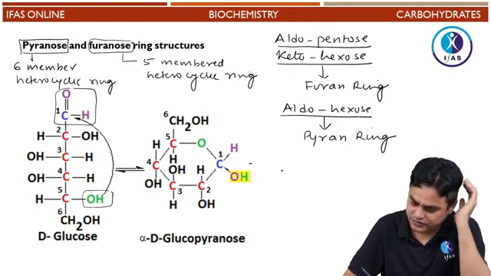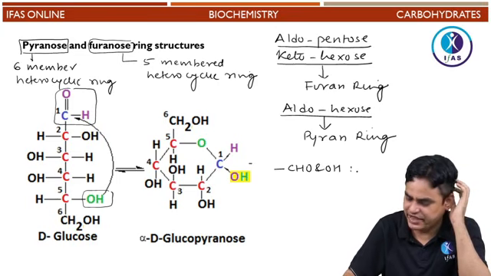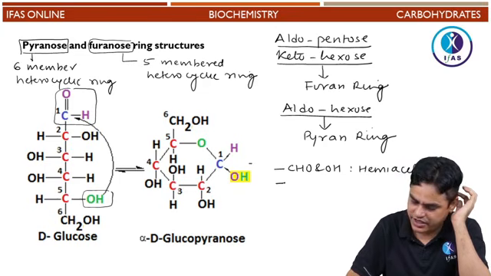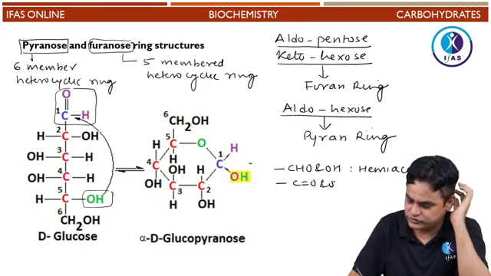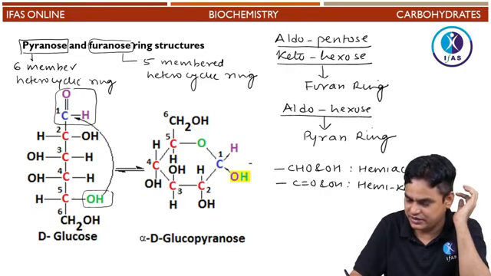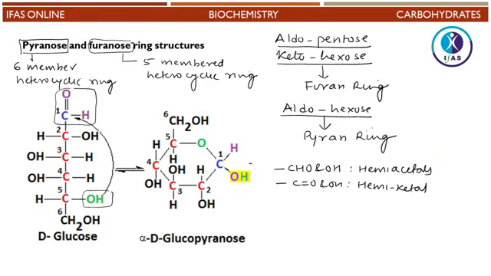So, what we are saying is that aldehyde and OH group have a tendency to form hemiacetals, and ketone and OH group, if they are in front of each other, have a tendency to form a hemiketal. So, hemiacetals or hemiketals. So, this is the chain form which generally tends to adopt a ring form.